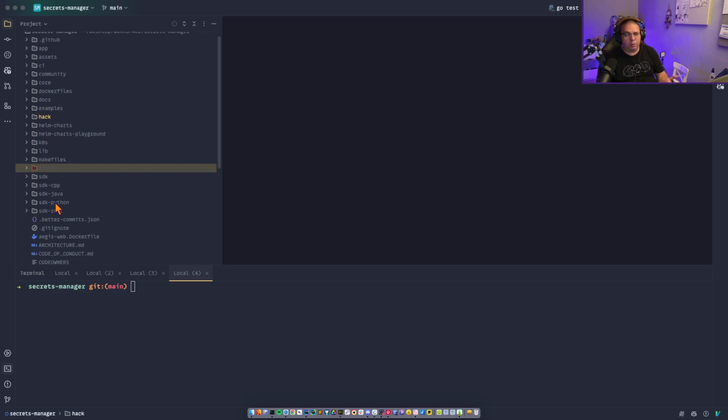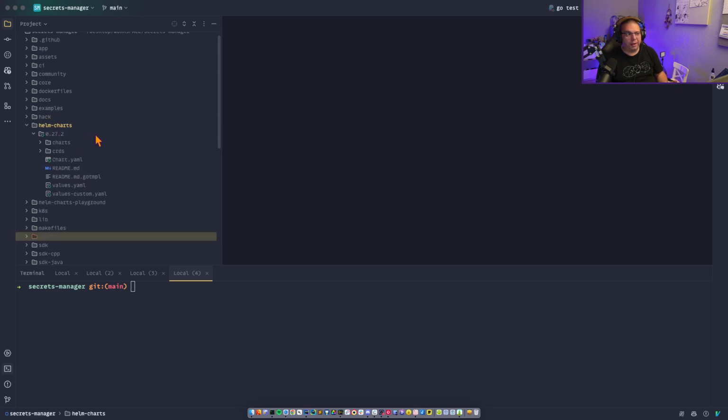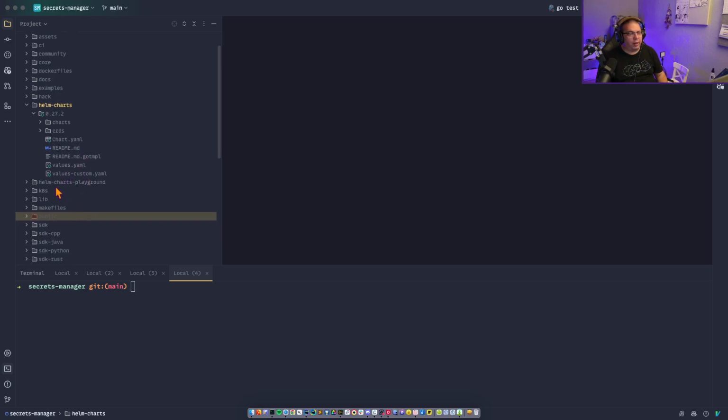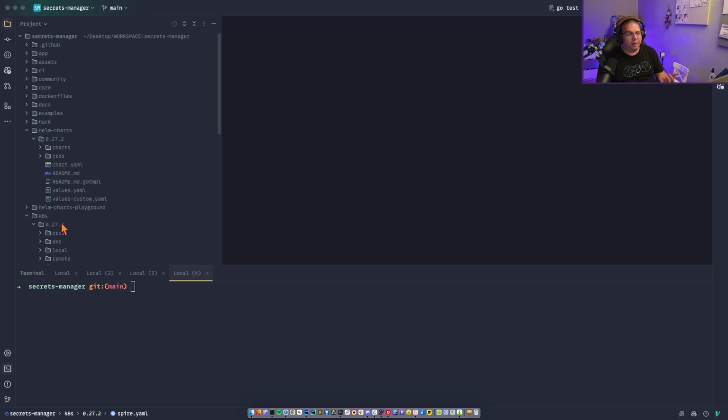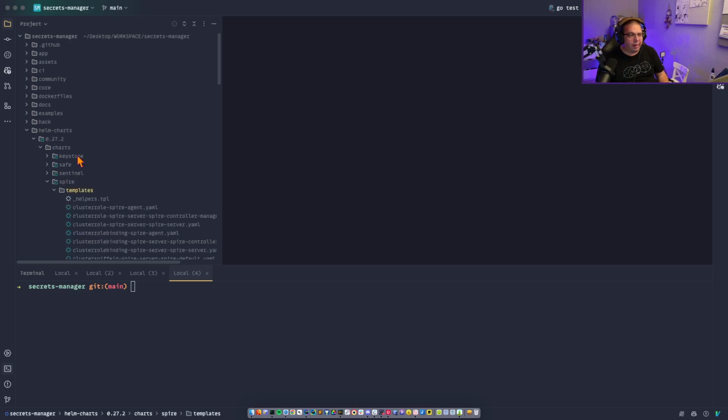We have two ways of deploying VMware Secrets Manager. One of them, the recommended way, is to use the Helm charts. The other is that at every release cut we also create these Kubernetes manifests, so you can modify the manifests folder and do your deployment yourself. The problem with this current release was that one Helm chart out of the many had a missing, what was it, a missing